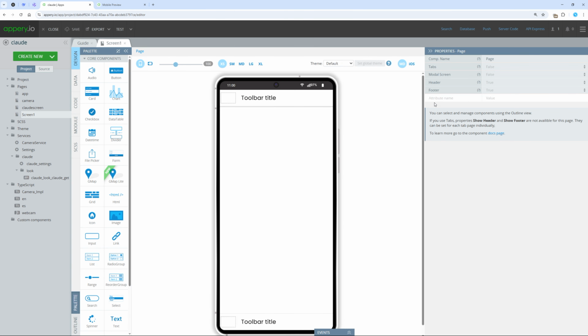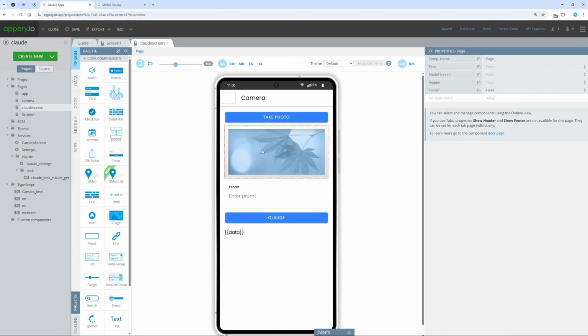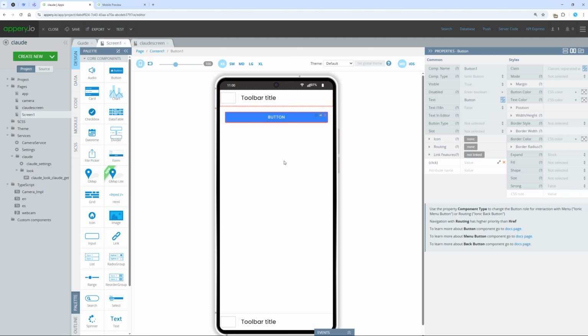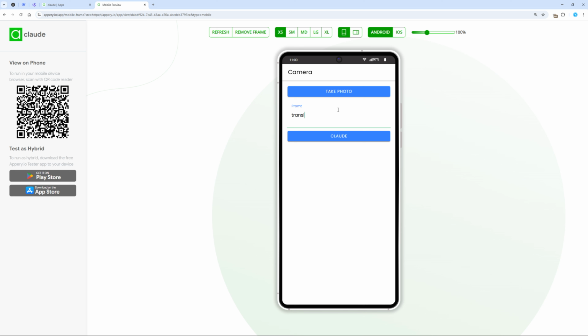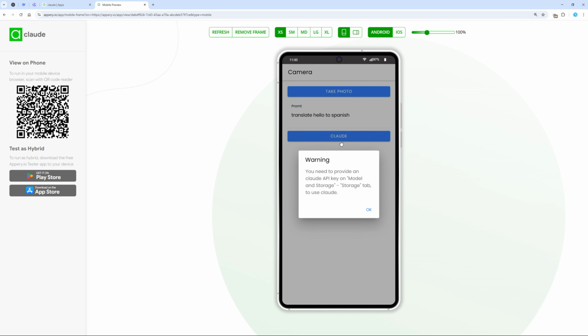The plugin has a Claude screen with the ability to send a text request or a text request with an image. I will add a button component and specify that after pressing the button, we need to navigate to the Claude screen. Test again. Press the Claude button, provide a prompt, and we get a warning that the API key